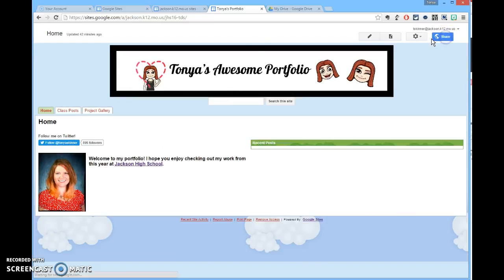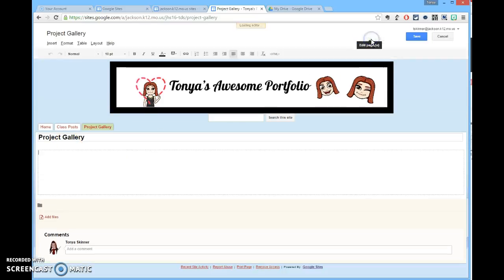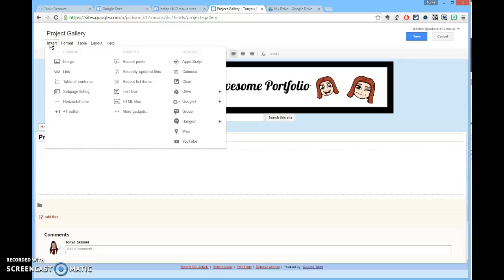Google area. So I'm going to go to the project gallery page, which I have designated to be for this specific purpose. And on the project gallery page, I'm going to go into the editing mode here, and we're going to take a look at some of these other options. Now, there are some very important things to note when you get ready to embed Google content, especially if you're in a Google Apps for Education school, because probably a lot of your stuff is automatically set to not be